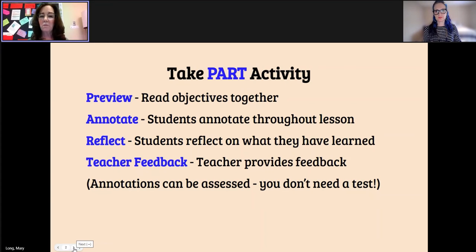But they know the objectives and what they're trying to learn. Then they reflect on what they have learned. So they annotate throughout the lesson, at the beginning, at the end maybe, and then the teacher provides them feedback. One thing that I think is really important is that at the end of the lesson, these annotations can be